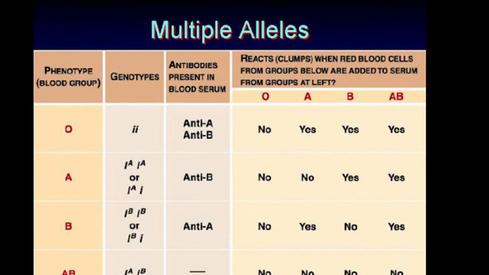He grouped blood into four categories on the basis of the type of proteinous substances, called antigens, found on the surface of red blood corpuscles. Agglutination antigens are of two types, A type and B type. When A type antigen is present, the blood group is said to be A. When B type is present, it is called B. When both antigens are present, it is known as AB. And when neither is present, it is said to be O.